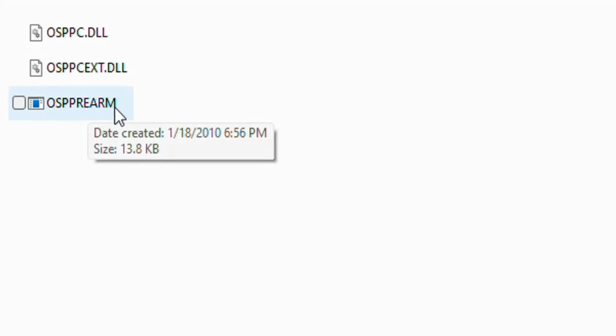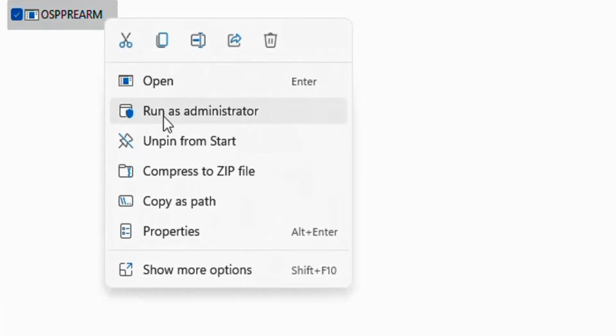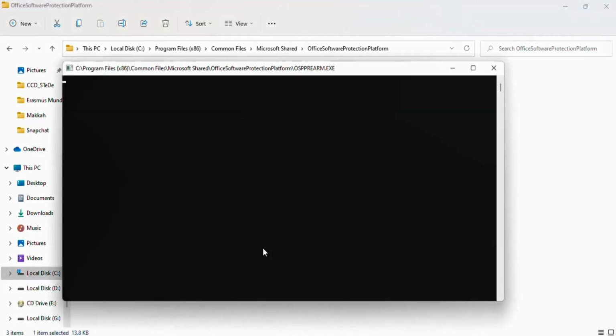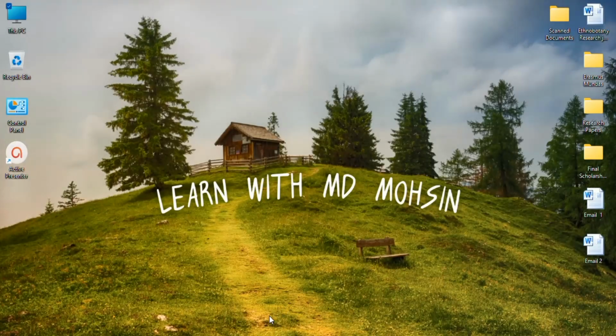OSPPREARM. Right click on it and click on Run as administrator. This will ask you a question: Do you want to allow this app to make changes to your device? Click on Yes and close this window. Now open your Microsoft Word